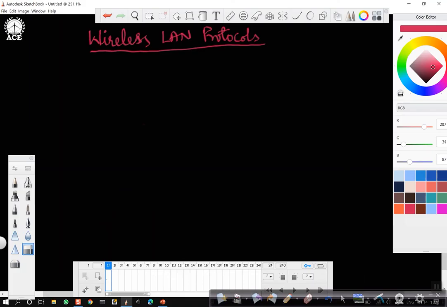Well, next we look into a topic called wireless LAN protocols. As per the syllabus, this is a brief introduction to wireless LAN. We don't have much detail to go into. So the objective is to make you familiar with what is wireless LAN and what is wireless communication, and what are